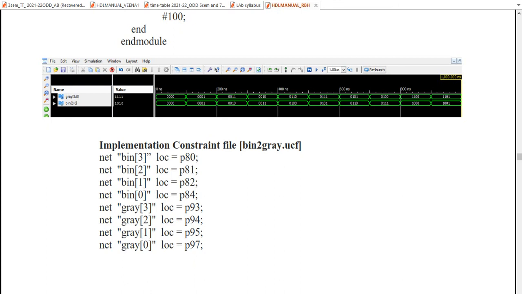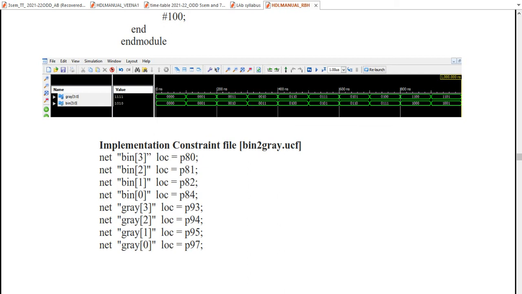Once it is programmed, connect FRC1 and FRC2. Once you fix the USB cable to your laptop or system, the programmer LED should glow green. If it is red, then you have to check the connections. If everything is okay, once this program is over, verify the truth table of the binary to gray converter.